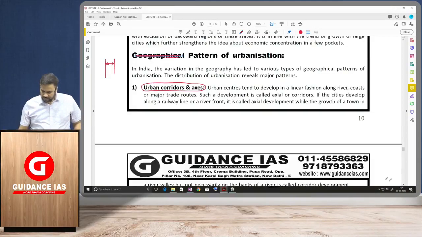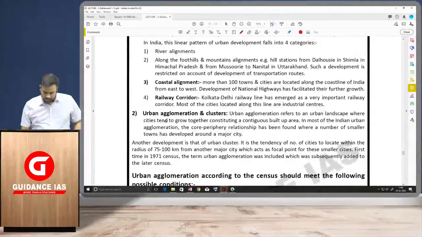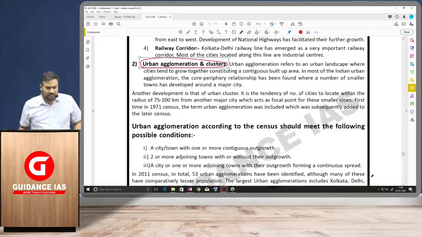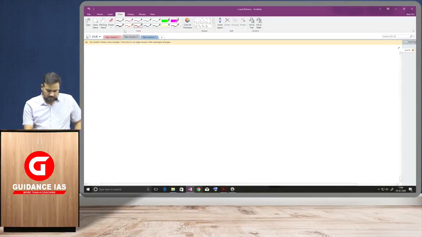Then एक दूसरे तरह का pattern है, वो सब जो मैंने बोला वो लिखा हुआ है यहाँ पर, urban agglomeration and clusters. ठीक है? So what is urban agglomeration? देखो simple है कि suppose एक city, this city was growing. So this was the original city. This growth of the city occurred like this. Now this city has expanded. While this city was expanding, what it did, it incorporated several already existing ring towns. So they became now part and parcel of